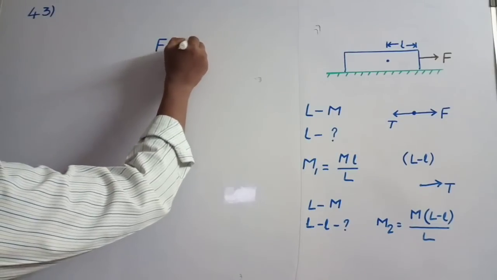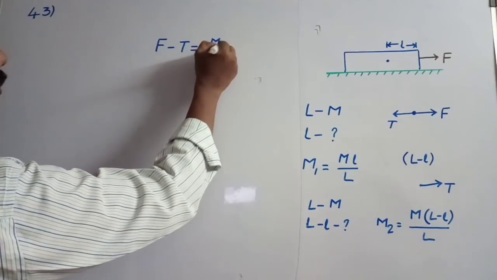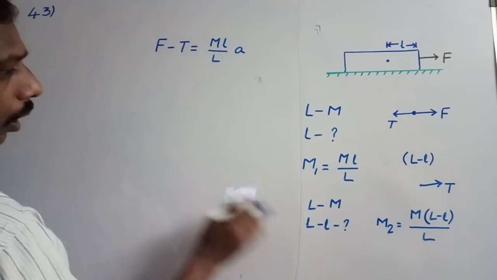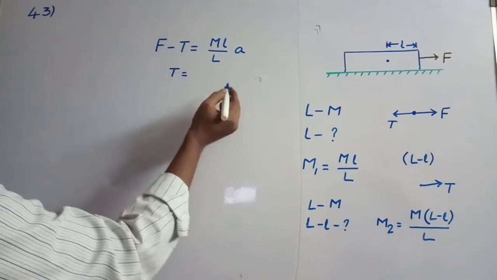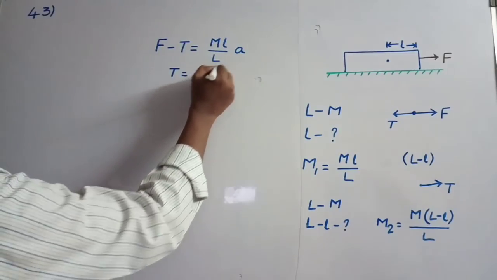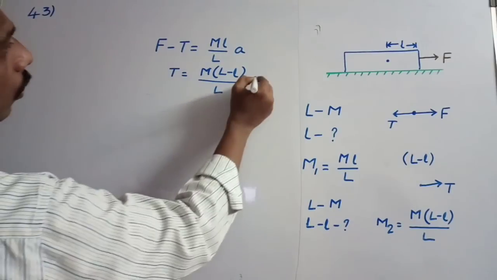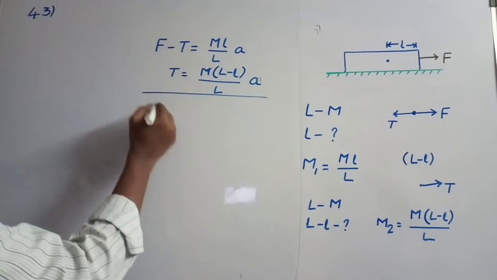tension T is equal to mass into acceleration. Its mass is M l by capital L into A. And come to here, only T is acting. Tension T is equal to M into (L minus l) by capital L into A. Add these two equations, T gets cancelled,